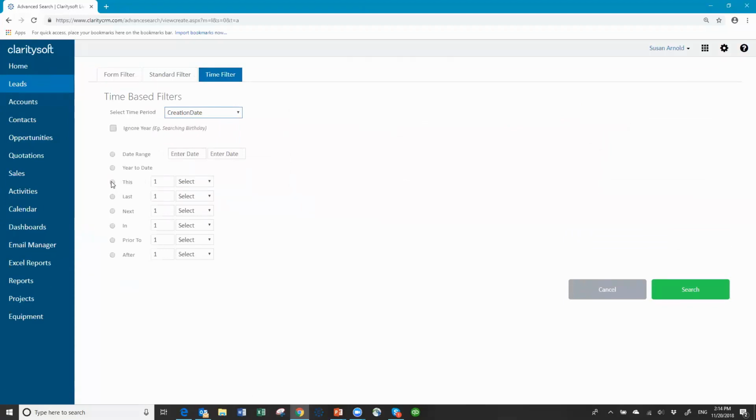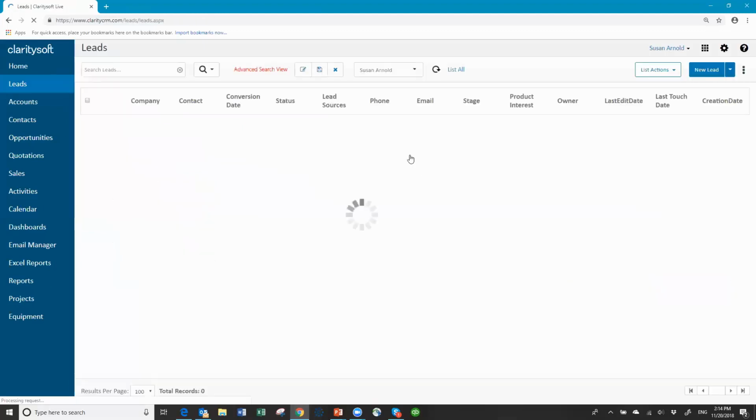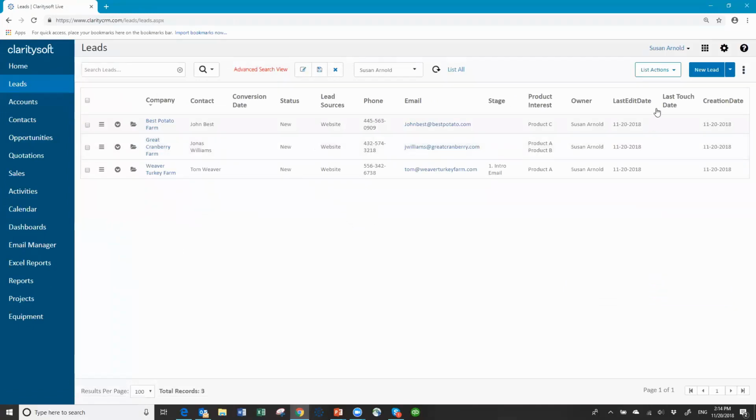Creation date is this one day. That would pick up everything that's come in today. And I have the 3 that have come in today. Okay. So now I'm ready to apply my action plans. So what I can do is click here to select the 3 records and then go to list actions, and